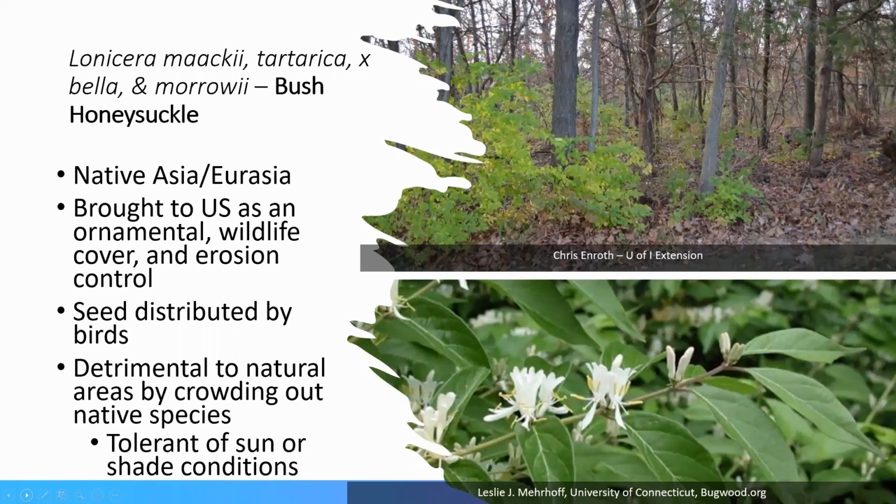Now, where I'm at in my neck of the woods here, it's May 16th, and bush honeysuckle has been flowering for about a week and a half, and it's just starting to finish up. What we see pictured there on the lower right side of the screen are the bush honeysuckle flowers, really in their prime, full bloom. They do have an aroma, a pleasant scent. So at least here in central Illinois, where I'm located, we are just seeing the end of their flowering cycle. Southern Illinois has already finished flowering. Northern Illinois is probably just starting to bloom right now, probably looking just like this as pictured right there.